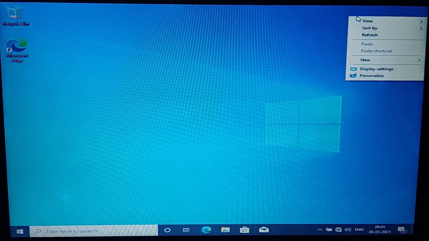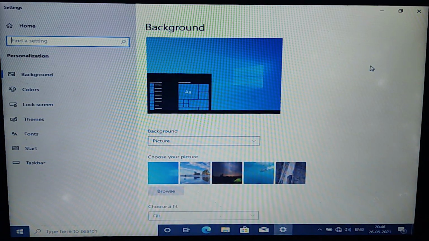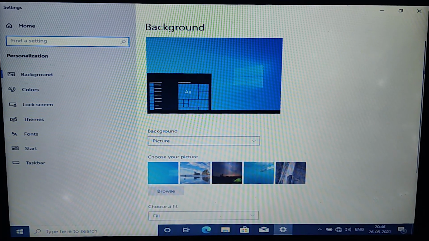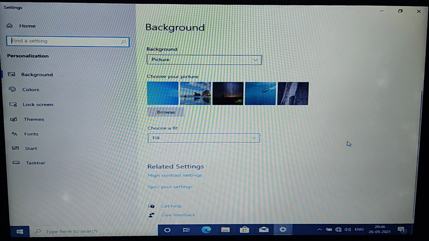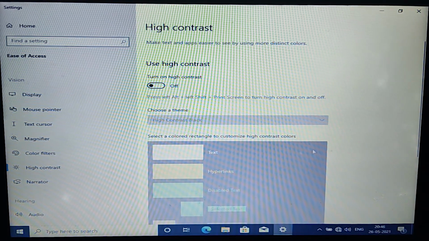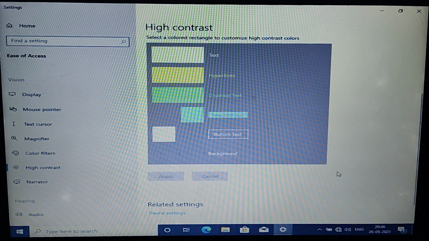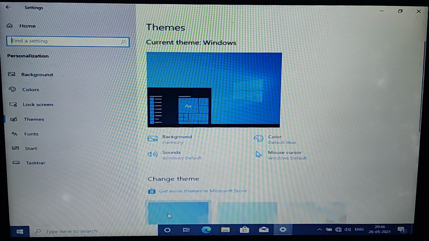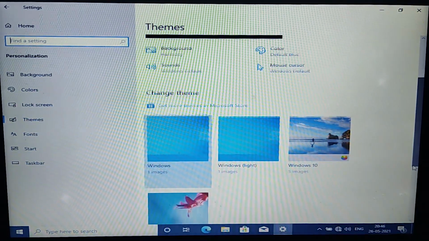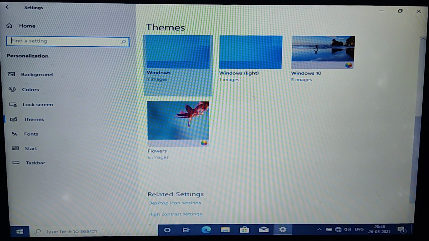Now we'll right click, go to Personalize, then go down, click on the high contrast setting, then again go down, click on the theme setting, then go down and click desktop icon setting.